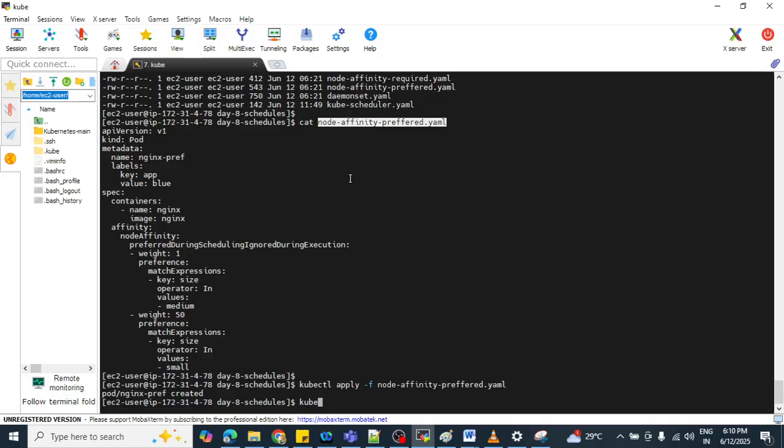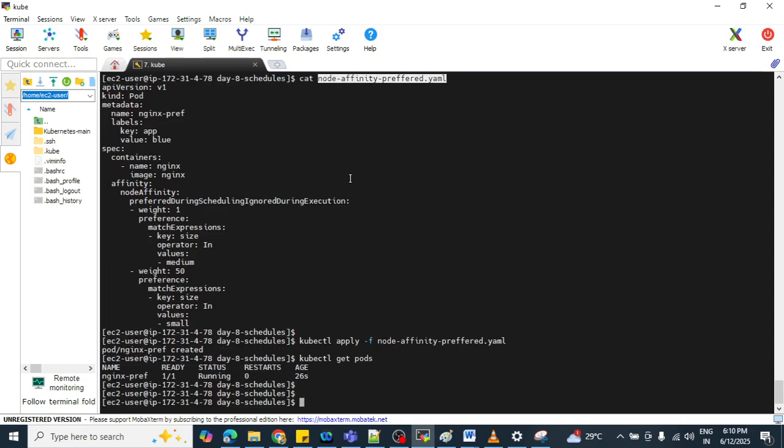Let's see if it is scheduling or not. Kubectl get pods. Now you can see this. It tried to find a matching label of medium or small, but it did not find that particular matching label, and it scheduled that particular pod on an available node. Okay, I think it is clear now.